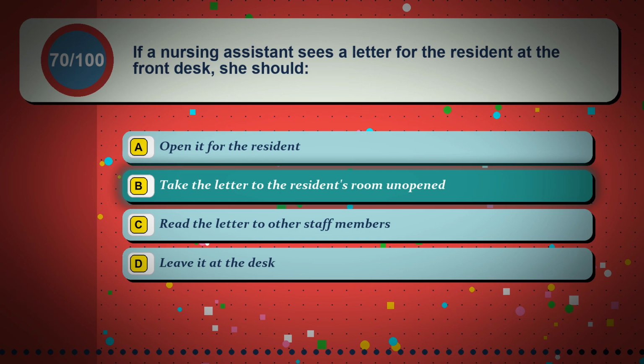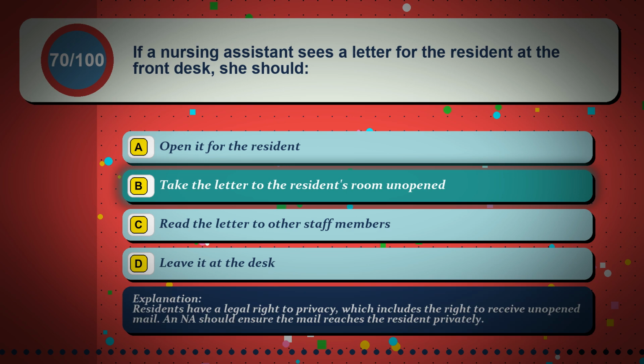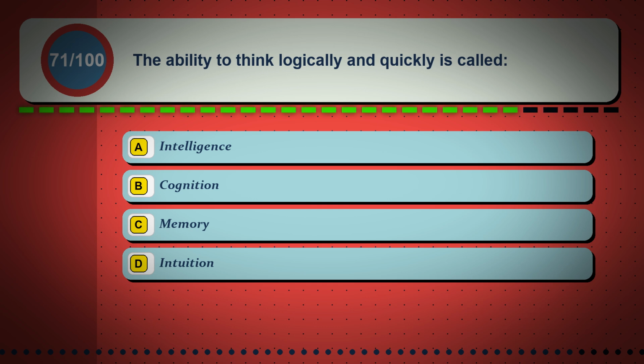The correct answer is option B, take the letter to the resident's room unopened. Residents have a legal right to privacy, which includes the right to receive unopened mail, and the NA should ensure the mail reaches the resident privately. Question 71. The ability to think logically and quickly is called: option A, intelligence, option B, cognition, option C, memory,